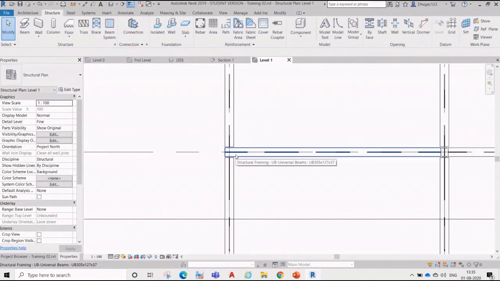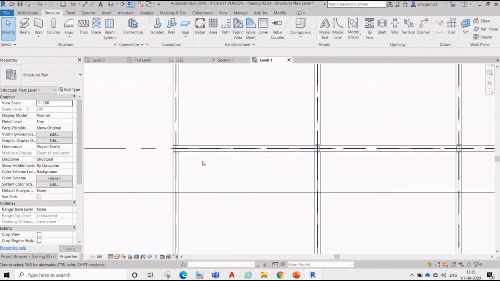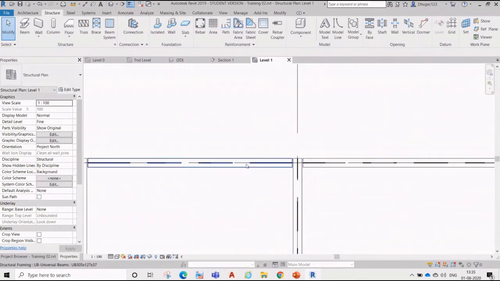On this location we don't have a column. So what it does is it puts the main beams and then crops it around it.